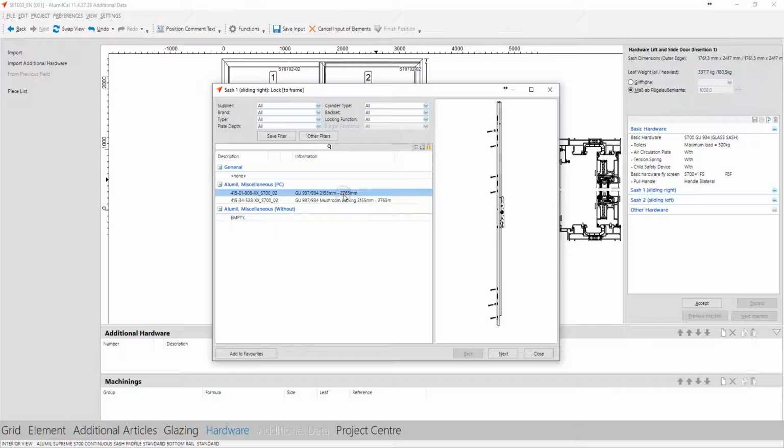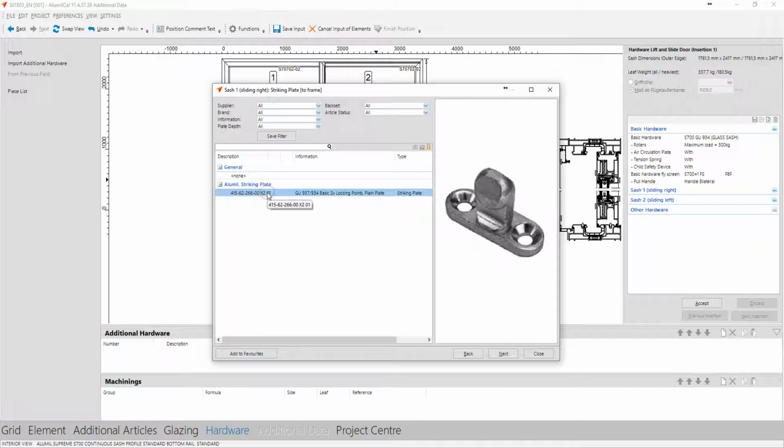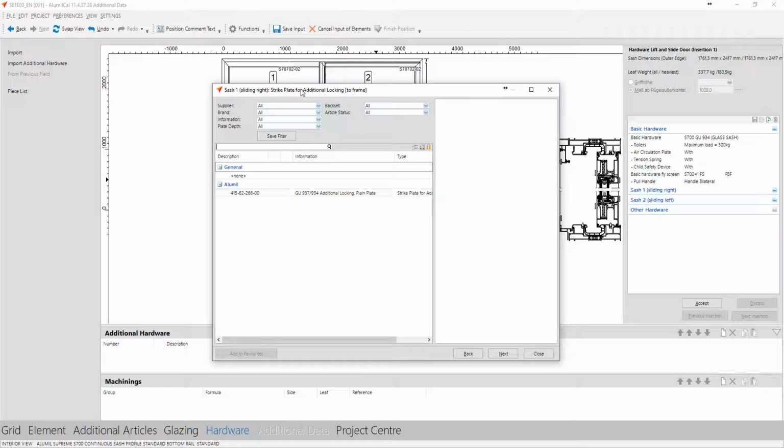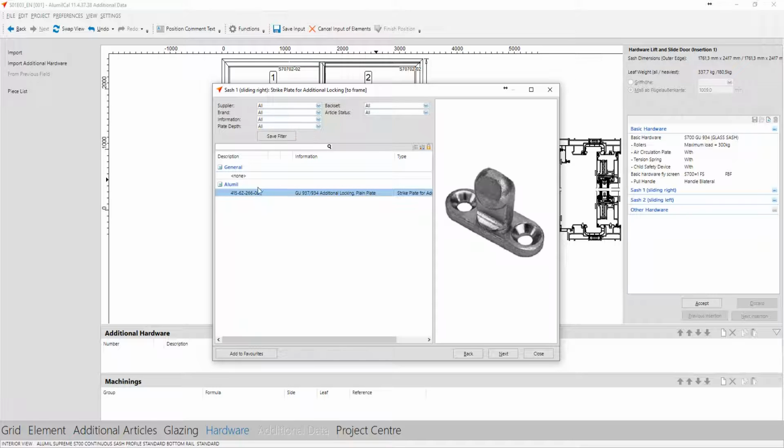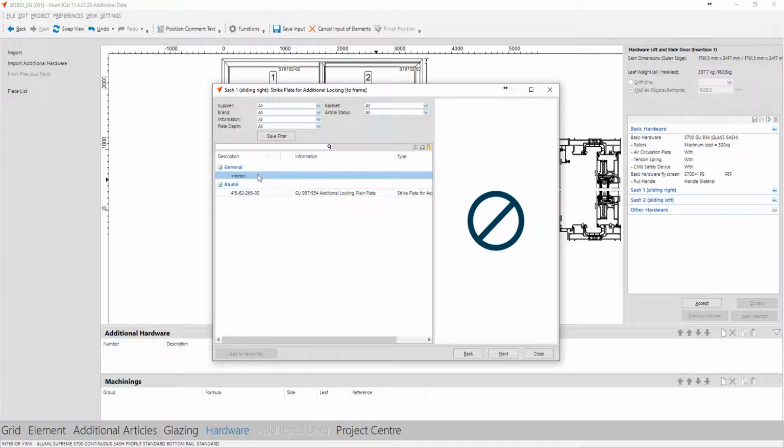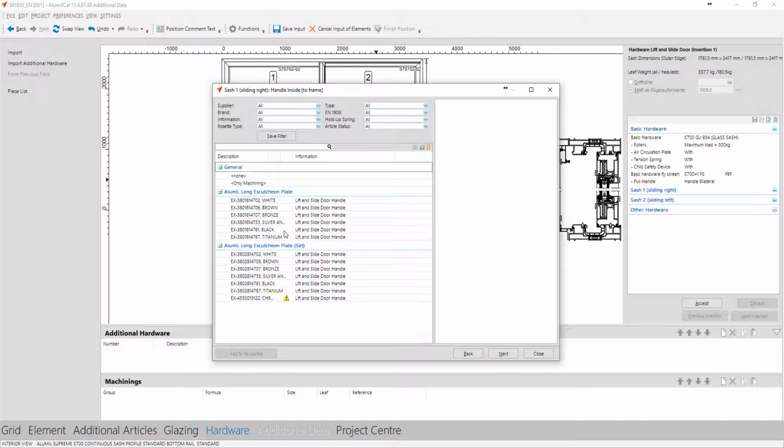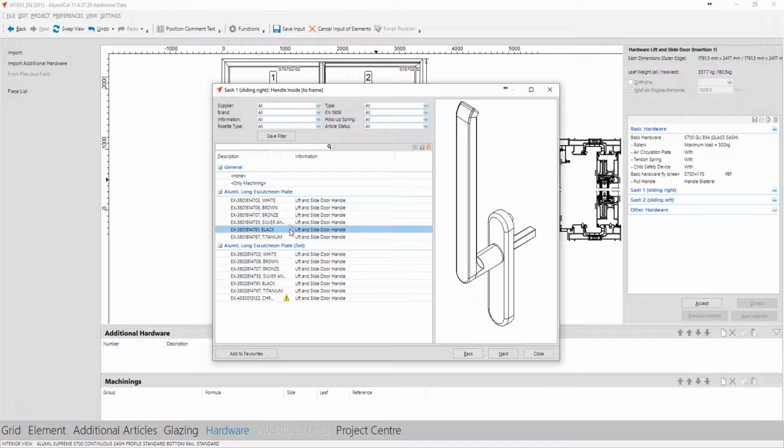Let's select the standard one. Striking plates, be careful here, because after we select the main striking plates we have another striking plate that is the additional locking, and this is the third striking plate on this lock. So let's select without, and then for the handle, black